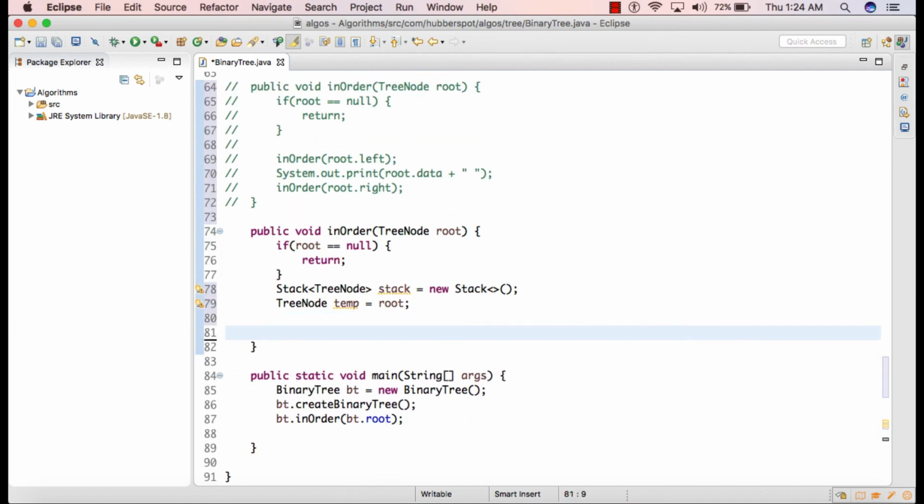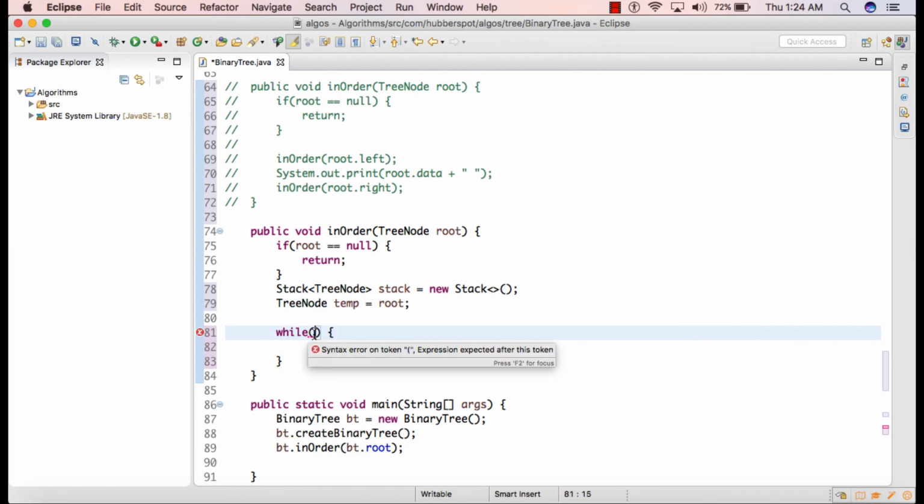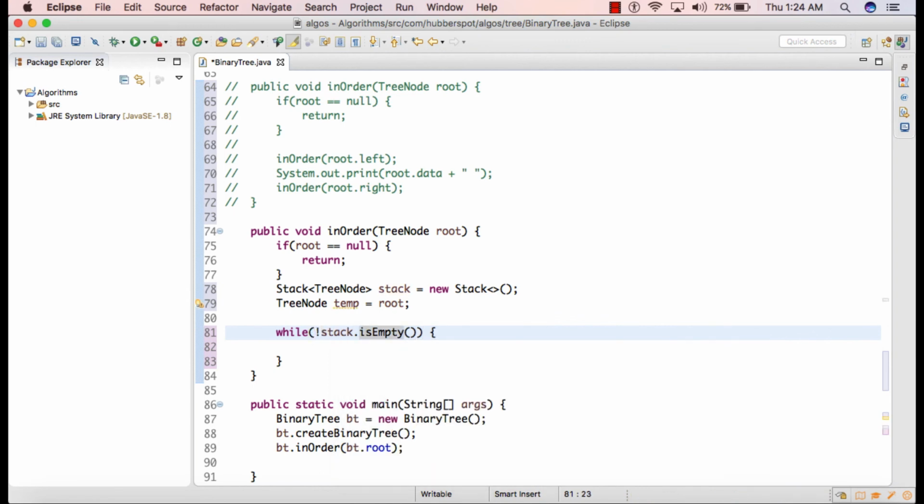And now we'll simply provide a while loop. We also saw that we have placed two conditions on it. The first condition is we are checking whether the stack is empty or not, and then we are providing an OR. And the second condition we provide is temp should not be equal to null.